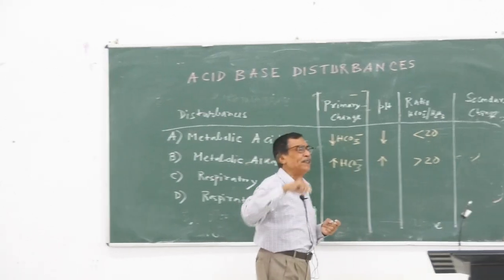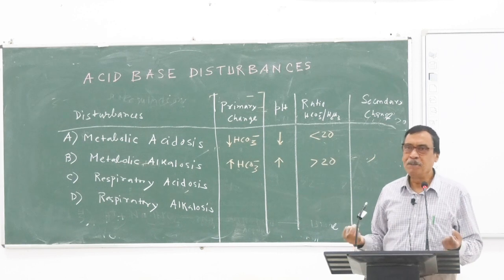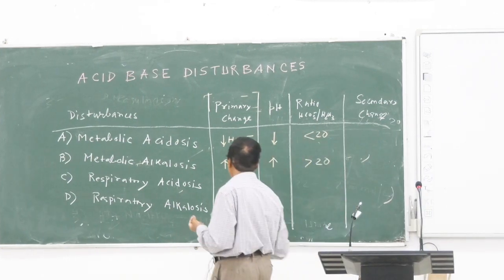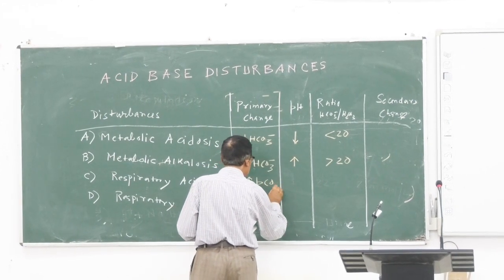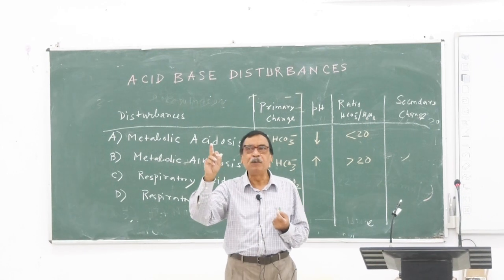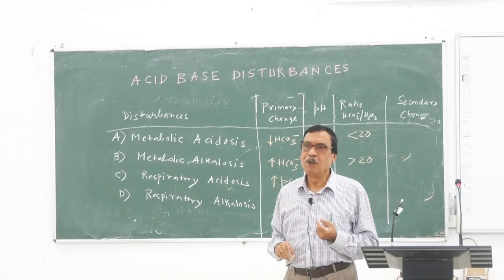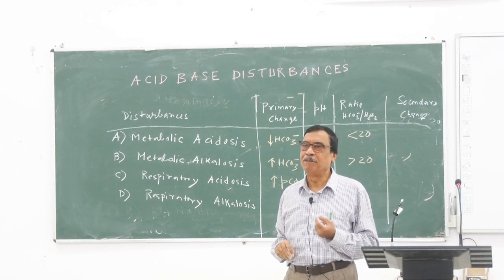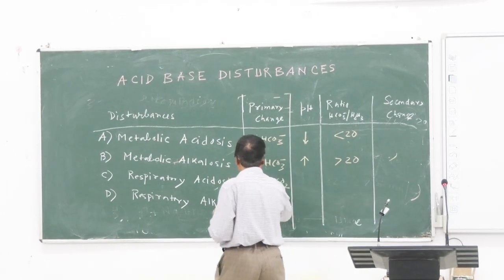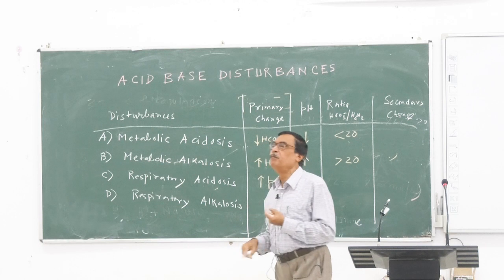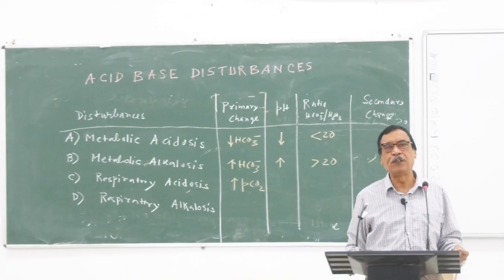PCO2 কমবে না বাড়বে বলো তো দেখি? বাড়বে। রেশিওকে তো বাড়তে হবে, 20 উপর উঠতে হবে, সিম্পল ম্যাথামেটিক্স। তাহলে PCO2 বাড়বে। নর্মাল PCO2 কত? 35 to 45 মিলিমিটার অফ মার্কারি। নর্মাল হচ্ছে 35 to 45, বাইকার্বনেট 22 to 28। তাহলে PCO2 বাড়বে মানে it will be more than 45। 45 এর উপরে PCO2 উঠতে হবে।